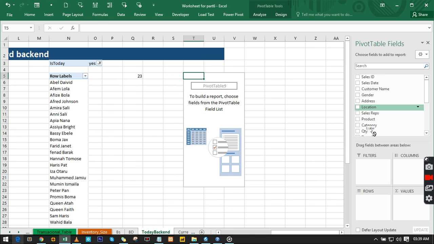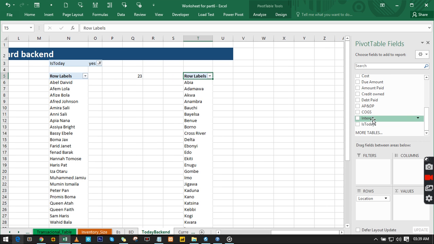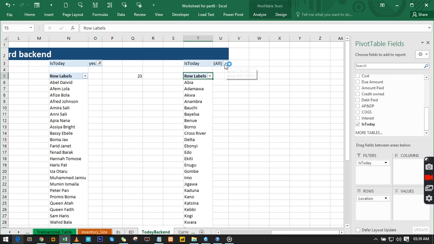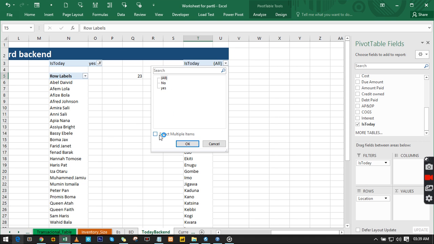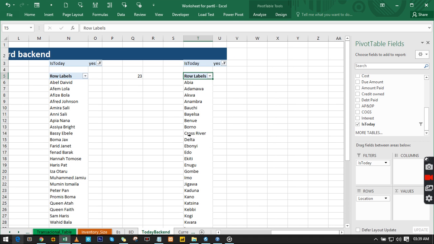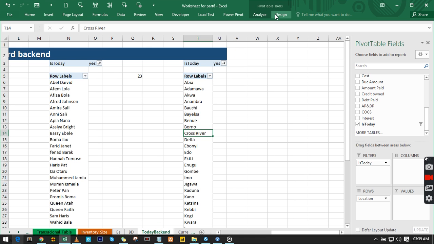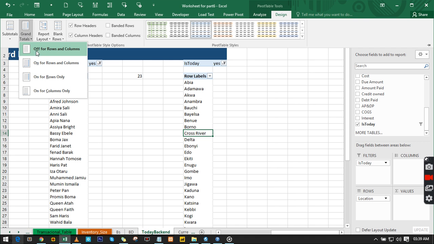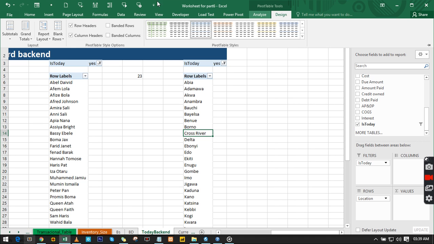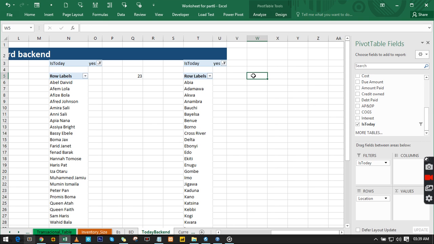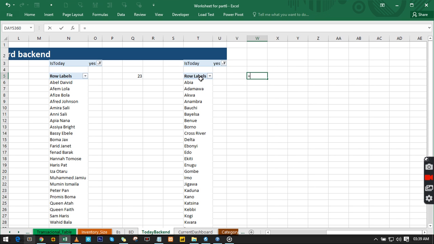So we need our location here. So we filter it by yesterday. Then we're going to say we only want something that is peculiar to today alone. Now, because we're going to have this grand total, we go to design and go to grand total, and we put it off. So the same thing we use, which is the count A, is what we're going to use. Count A, so we're counting T to T